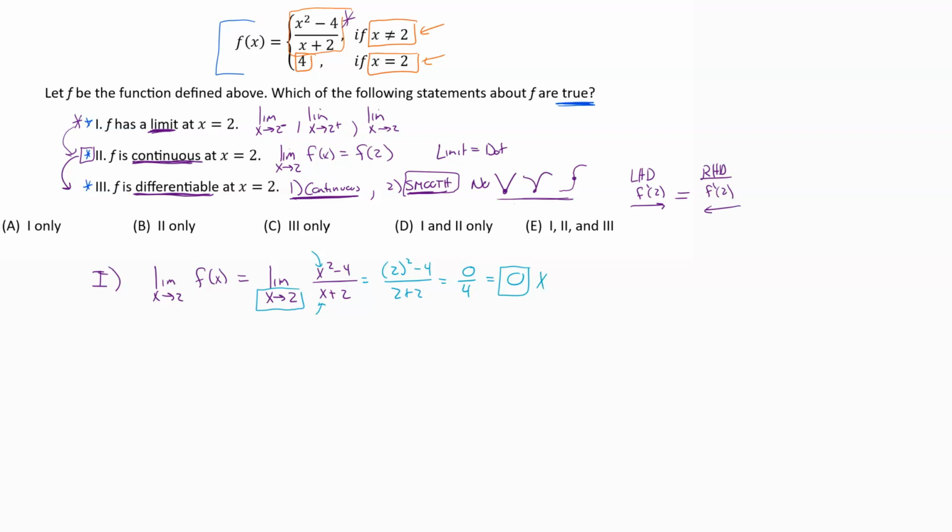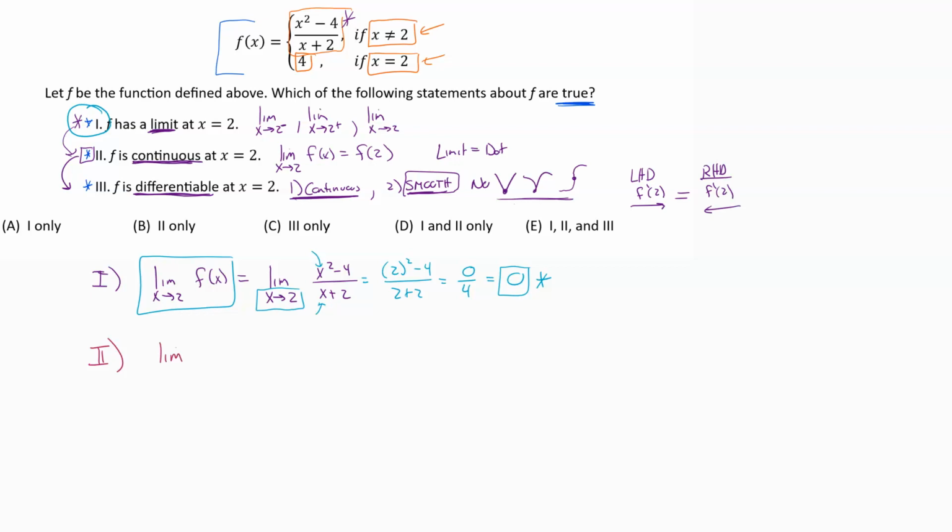So we get out a value right now, which tells us that we do have a limit. We've got an overall limit. So right now, number 1 is good. So we're good to go on number 1. And that tells us now that we should go check on number 2. If number 1 had failed, then we would have been looking for a none of the above answer going on here. So number 2 is asking us if it's